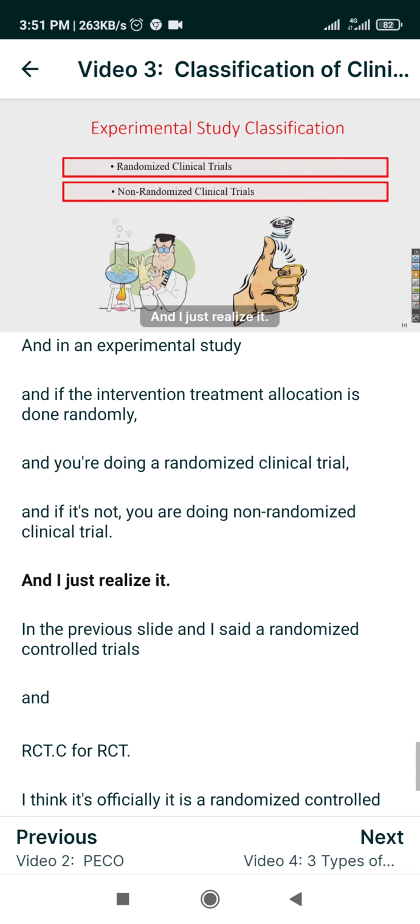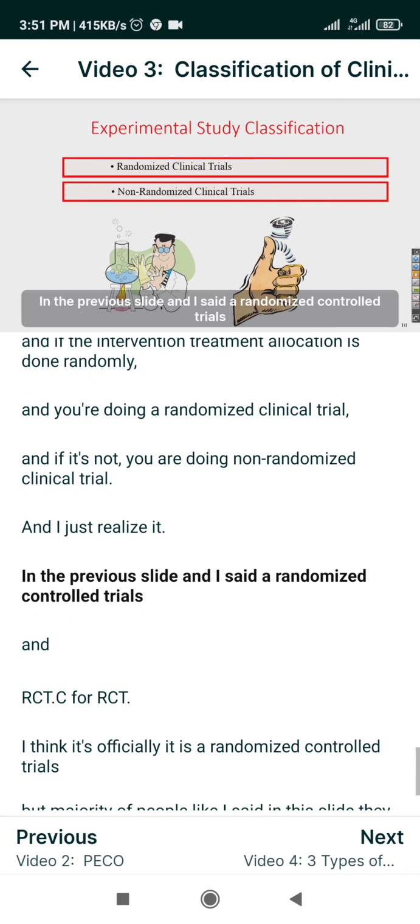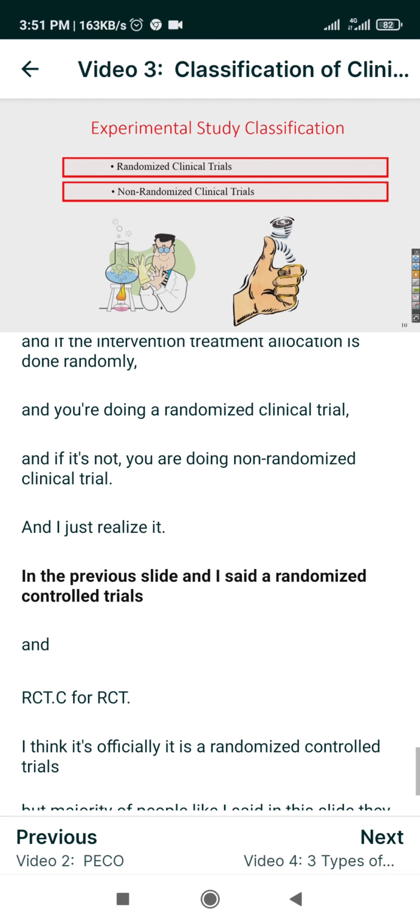And I just realized in the previous slide, I said randomized controls trials,